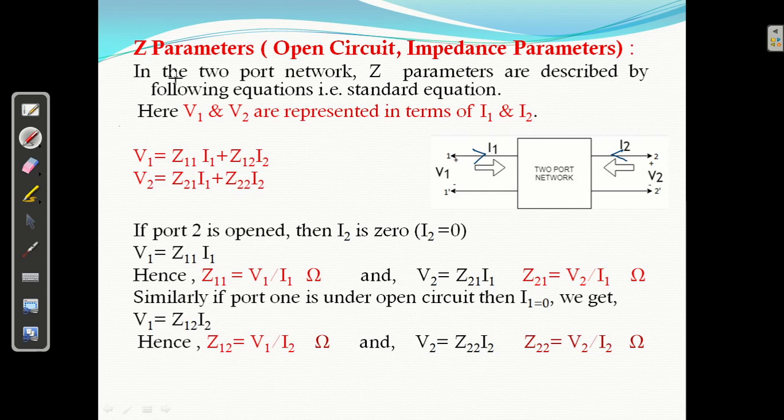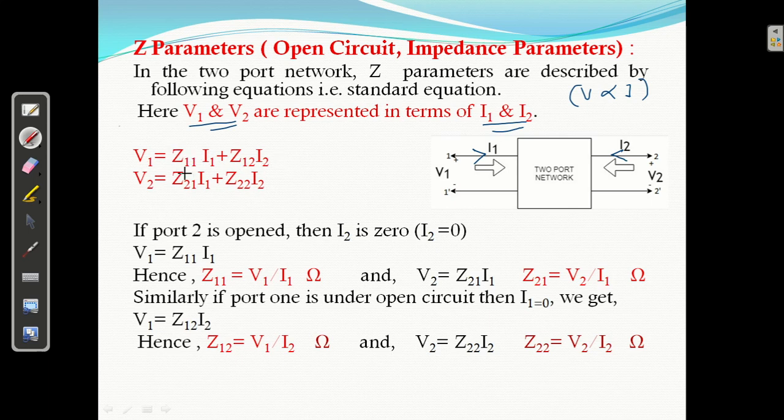Okay, so here in the Z parameter, the equations describing the Z parameter have V1 and V2 represented in terms of I1 and I2. Yes, V is a function of I. Remember this, if you remember this much you can get the relationship. V is a function of I. Which V's? V1 and V2. V1 and V2 are a function of I1 and I2. So V1 in terms of I1, what will the parameter be? Z11.